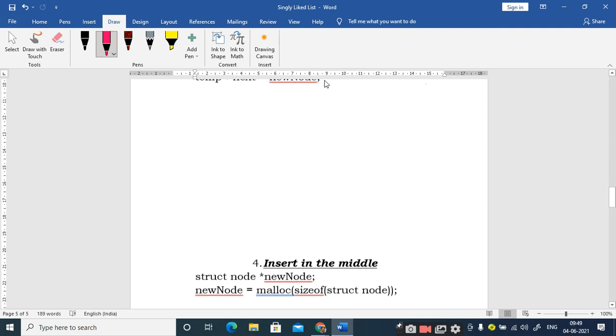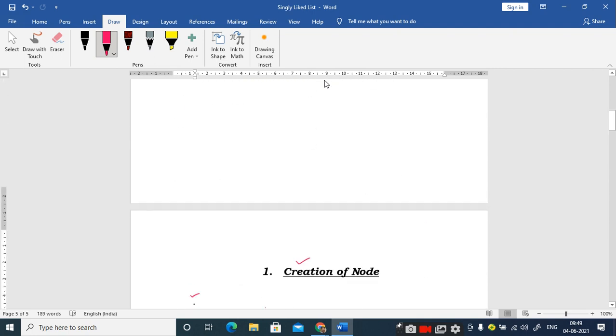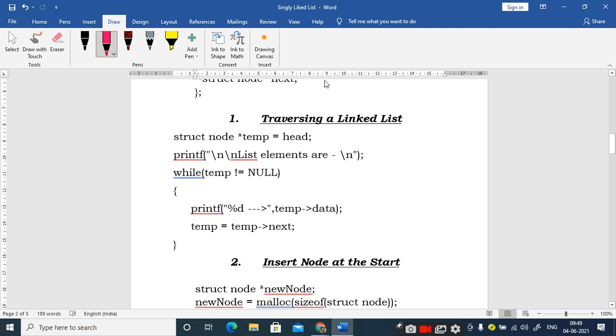Now let us look at one important function which is called traversing. Right. I said in the earlier class that traversing is nothing but visiting each and every node and doing some processing. The processing can be either printing the data part or the information part of the node, or counting the number of nodes present inside the list. If you are given a task of printing all the information present inside the linked list, you need to visit each and every node, access the information part of each node and then print it.